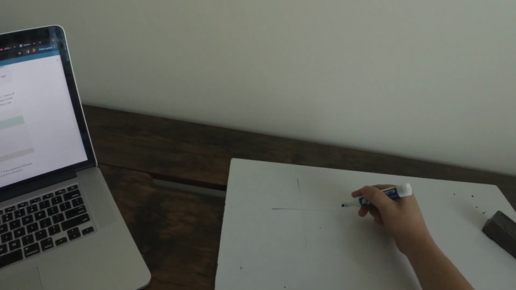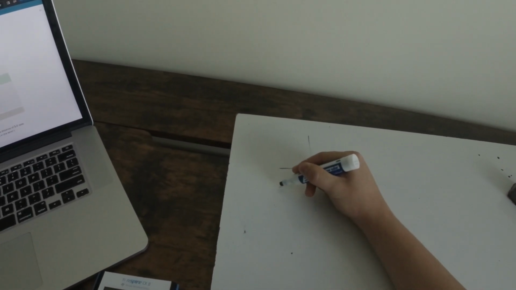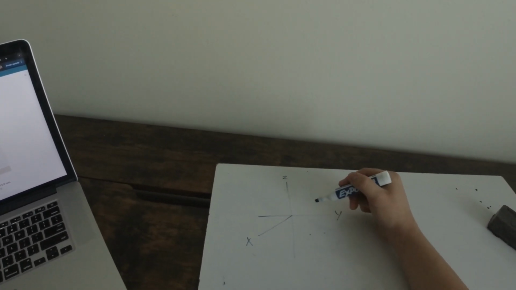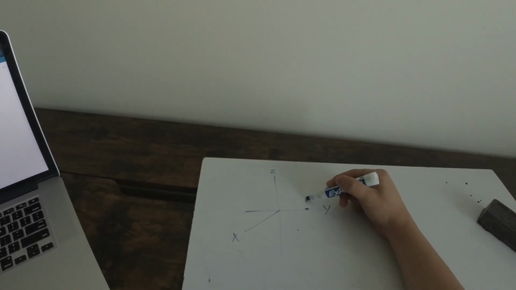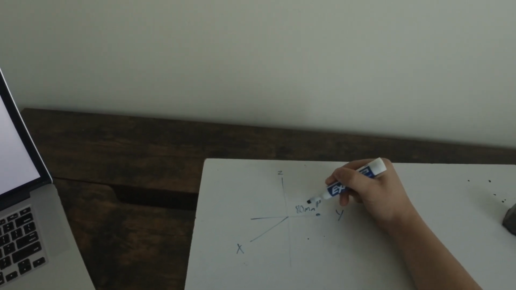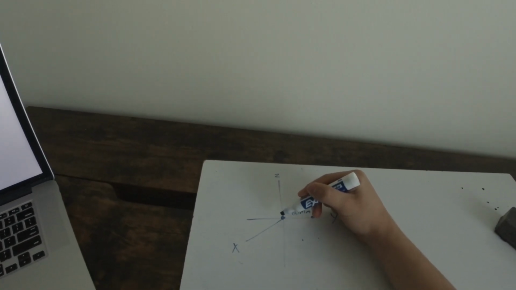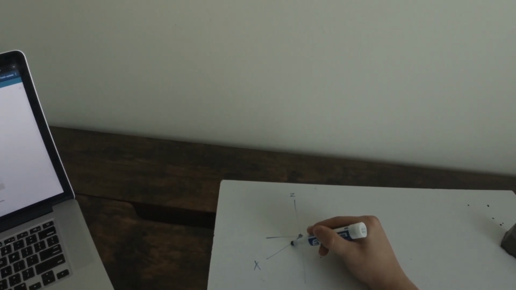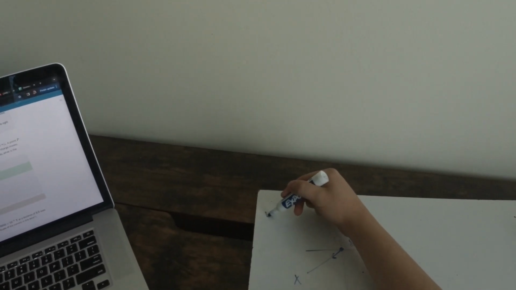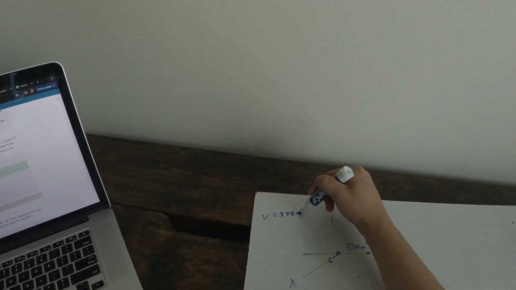First we've got to make a coordinate system. Okay, z, y, x. Here's the original point P, and it says it is 80 millimeters from the origin. Here is the charge, an unknown charge, and it's at a velocity of 370 meters per